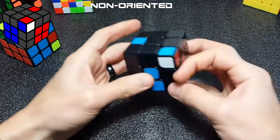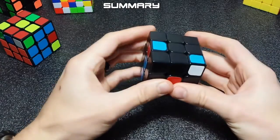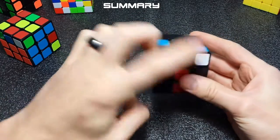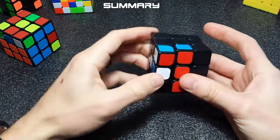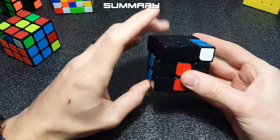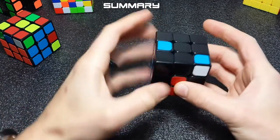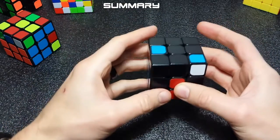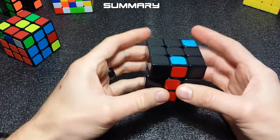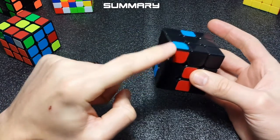So just to recap, for this case, if it's here, you can lift this slot up and put this in, and then move this over, and this is an easy insertion, or easy pairing rather, and then insert it however you want. So if you notice that you have this case and this slot's empty, just use it, just pair it up and go. If you don't have that, then put your slot over here,